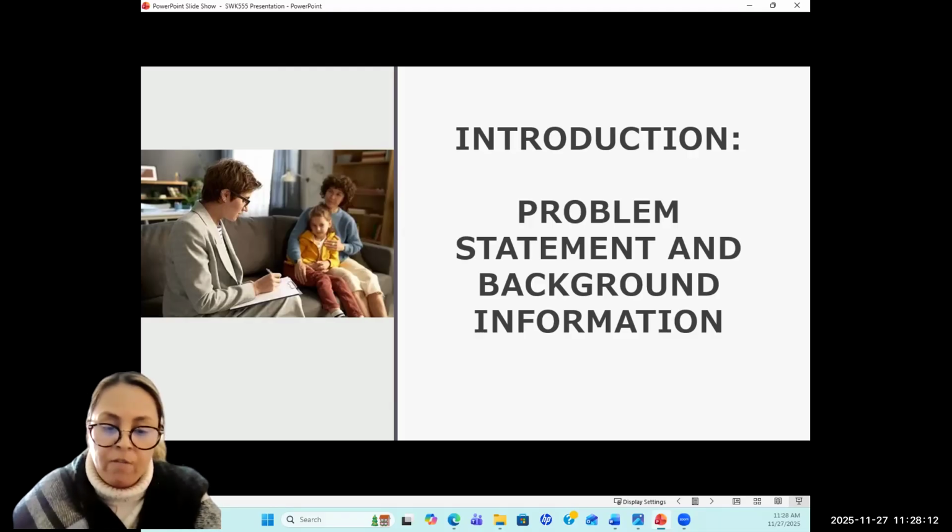Much research shows that families that come into contact with child protection services are burdened with many factors, such as generational family trauma, domestic violence, substance abuse, incarceration of one parent, poverty, and mental health concerns.